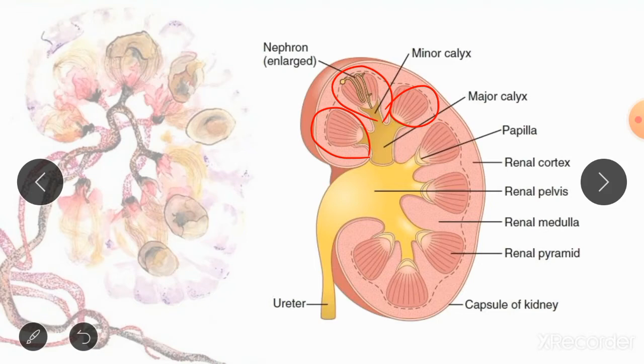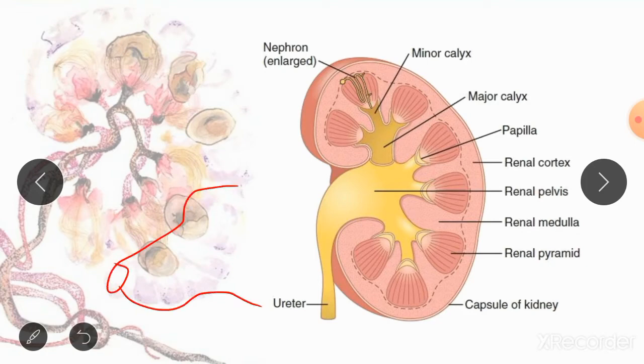The base of the pyramids lies at the junction of cortex and medulla, while the apex lies towards the hilum. And the apex is known as papilla, and it empties into an extension of the ureter, which is known as the pelvis. The pelvis is divided like a stag's horn. As you know that stags have horns which are branched and divided. So similarly, the renal pelvis, when it moves towards the cortex of the kidney, it is divided into stag horns,